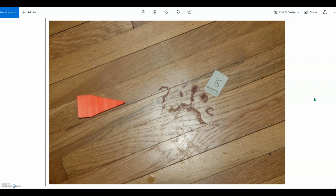Okay, and here we are with a photo from, let's see, I'm not sure if this was BCA or Apple Valley's photo. It doesn't matter. This is one of the photos from the crime scene. Anyway, this is the supposed footprint. You guys probably cannot see my pointer on the screen. I don't know how to change that, and I wish I could. But in case you can't, please take note of the so-called toes. Let's start with where the big toe is supposed to be, and then go to the next toe, and then the third toe over, you see that with a big long line. And if you follow that line,